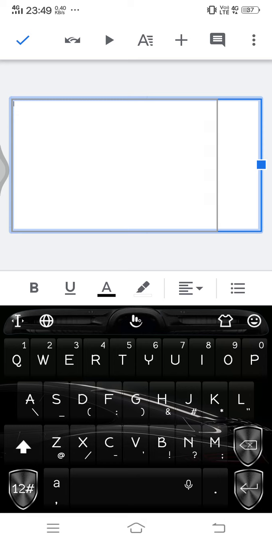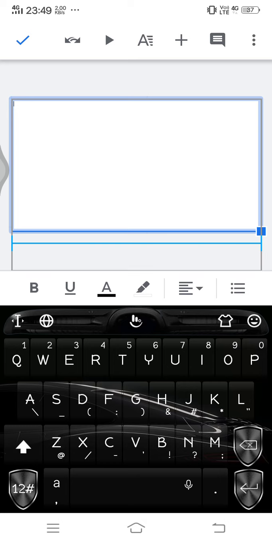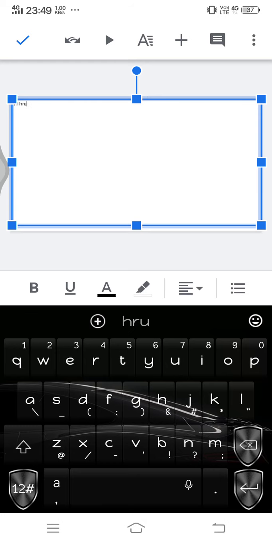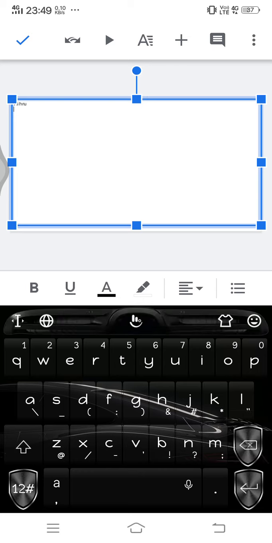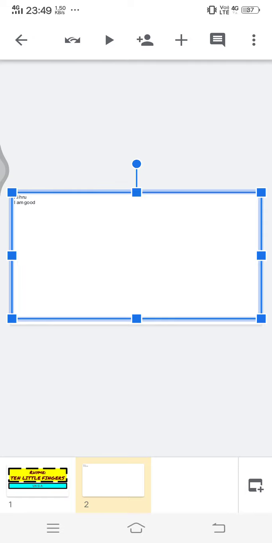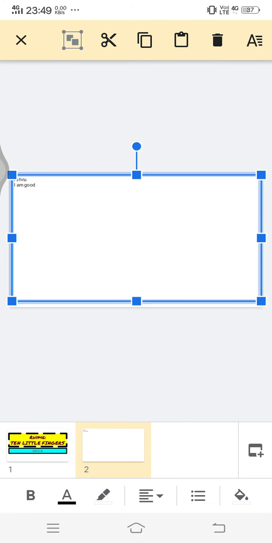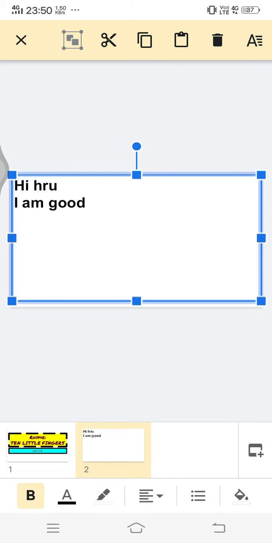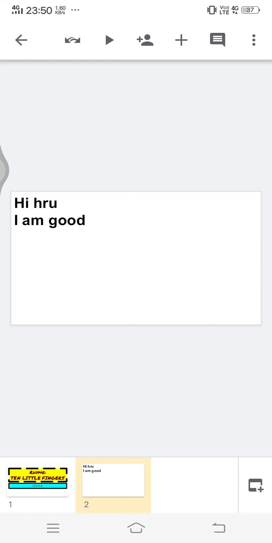Always remember only to use the center squares to make the boxes bigger, because if you use this, it'll often go out of the proportioned work area. So now I can add whatever text I want. It will be very small, and as usual, you can go and do all the editing for the text. So I'm going to long press this again and make it look bigger so it's visible. So now you get to see it as it's becoming bigger. Yeah, so that's good. So I can add text like this. So that is one option under plus symbol.